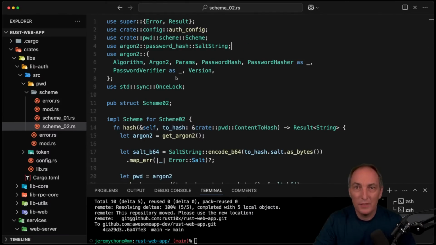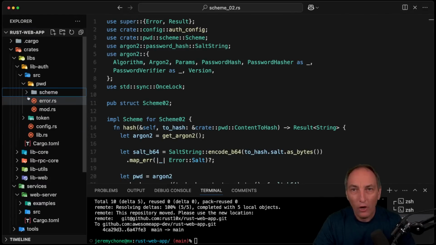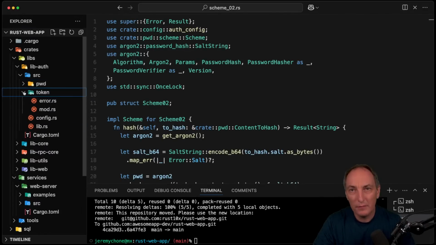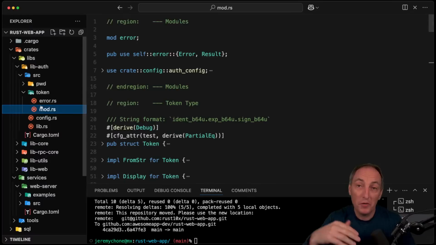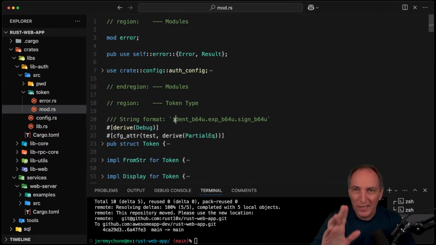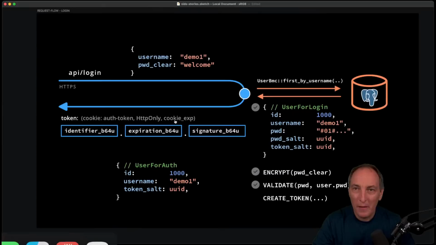And so we can see here that on the scheme 2, we have this Argon2. Yeah, so that is a multi-scheme kind of thing. In the token stuff, we do not have a multi-scheme. We don't really need it. Eventually, we can implement it, but we don't have it. And the multi-scheme, I'm going back and forth, sorry, but there's a lot of information. But the multi-scheme is this kind of thing here where in clear, so that is fully hashed in the password, obviously. But the goal of the multi-scheme is that